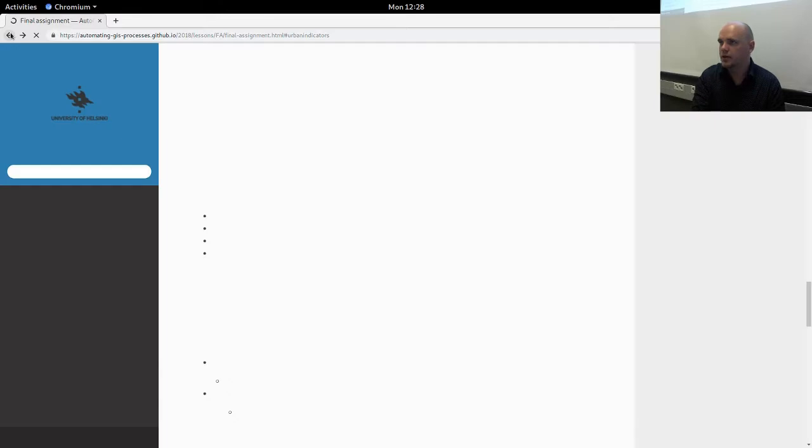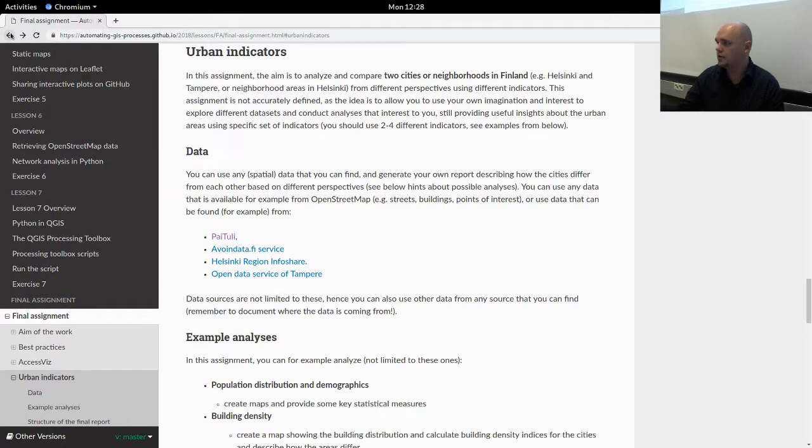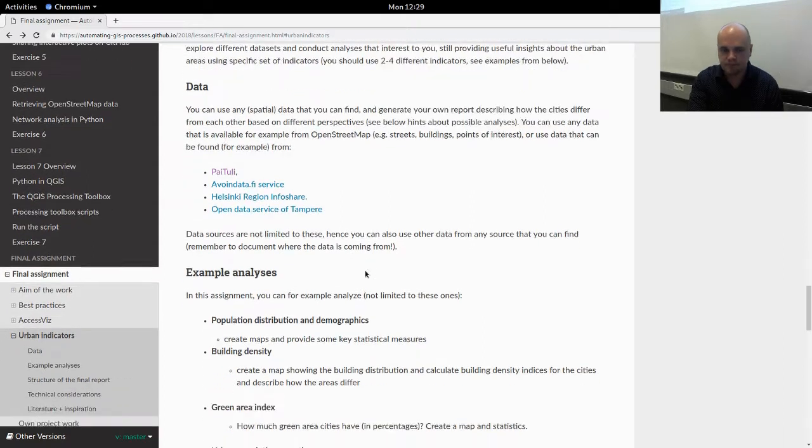But of course you can also get quite nice ideas when looking at what kind of data is available. So PyTuli is one service, then there is Avoin Data, so OpenData.fi, which has a lot of data available. Then if you would, for example, compare two different neighborhoods in Helsinki to each other, there's the Helsinki Region InfoShare that you can use as a data source. If you would compare, for example, Helsinki and Tampere to each other, there is the open data service for the city of Tampere. So there is a lot of data available that you can use. And indeed,